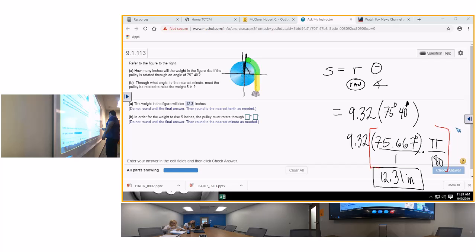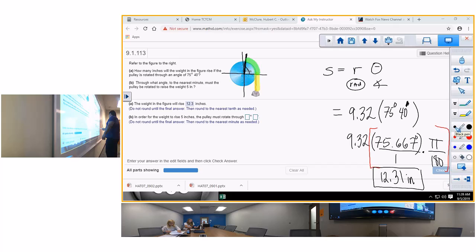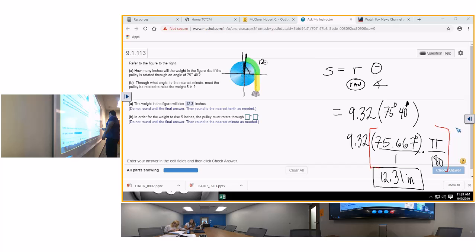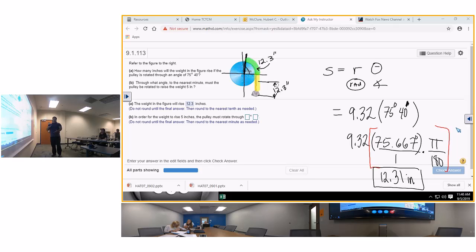So you need to realize what you just figured. 12.3 inches. That's what this rope traveled right here. So therefore, if the rope traveled here, how far did the weight travel? 12.3 inches. Okay? You need to realize what you just figured out. If the rope travels 12.3 inches, then the weight traveled 12.3 inches. So in order for the weight to rise 5 inches,